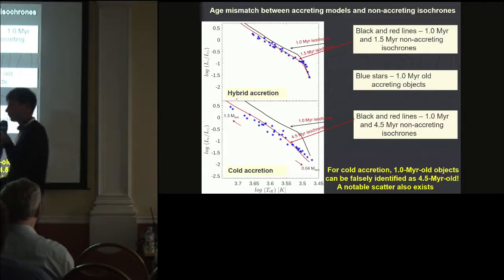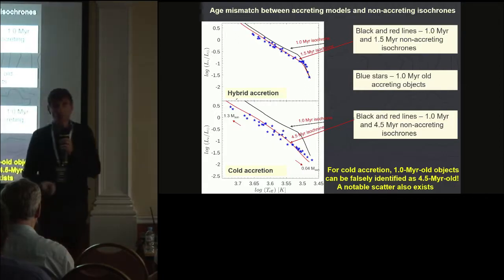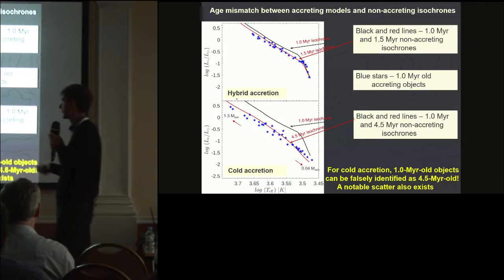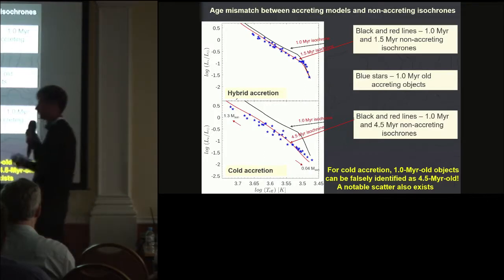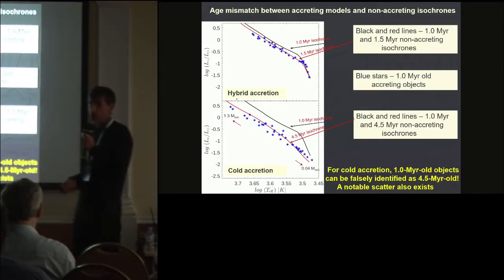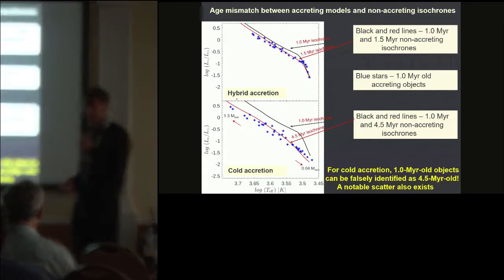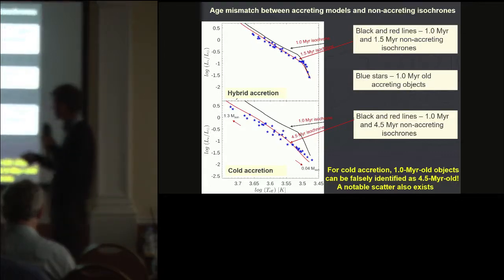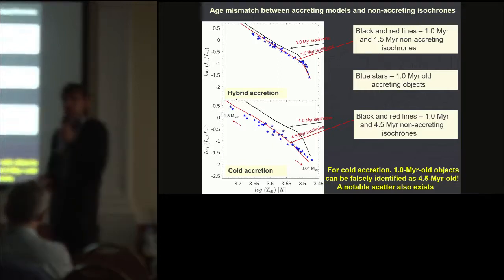This is a huge problem. I mean, this is preposterous. We just change one parameter, epsilon, and we can get such a different outcome. I mean, there is no solution to that. That's why people just all use these non-accreting isochrones